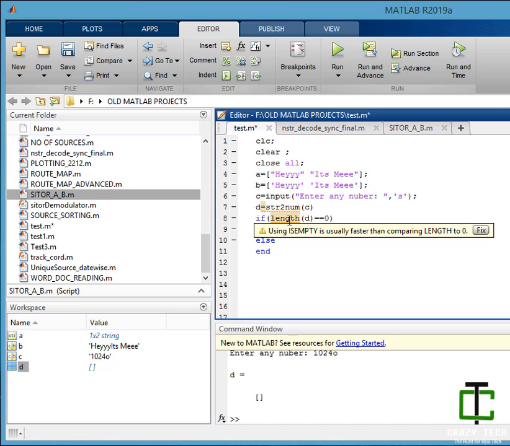It's showing that you can use isempty. I forgot that you can use isempty. If D is a null matrix, isempty will give you 1, otherwise it will give you logical 0.